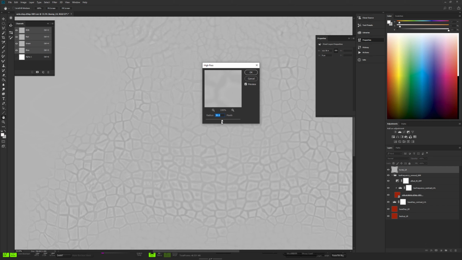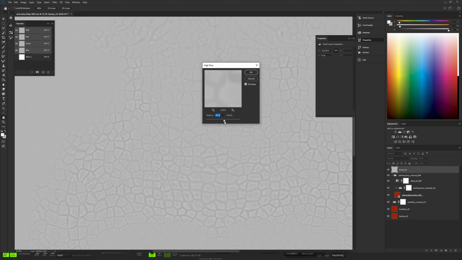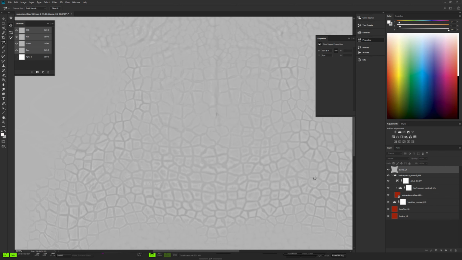Now with this high pass, what you can see is that you can really play with this value in order to isolate just the frequency of details you want, and that's exactly the workflow we want to do. We really want to isolate only the frequency we want to play with. For example, I can use a radius of 35 to isolate only this part of